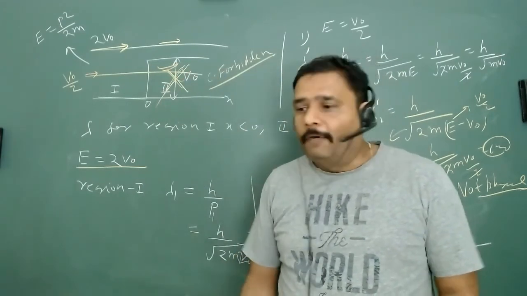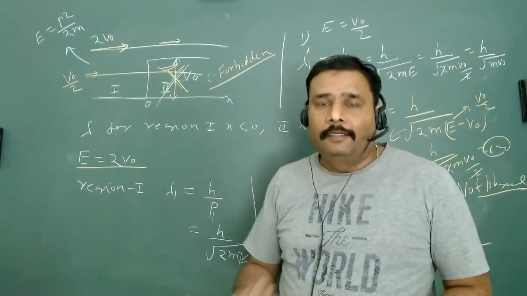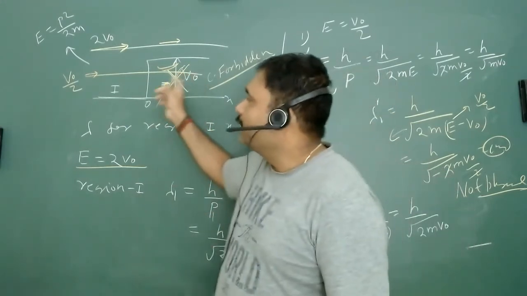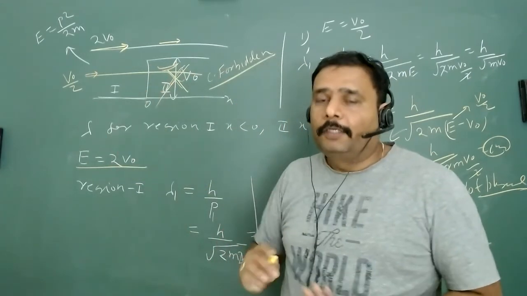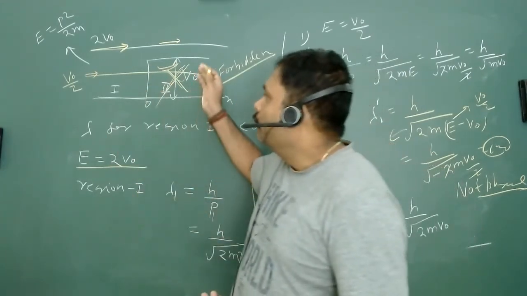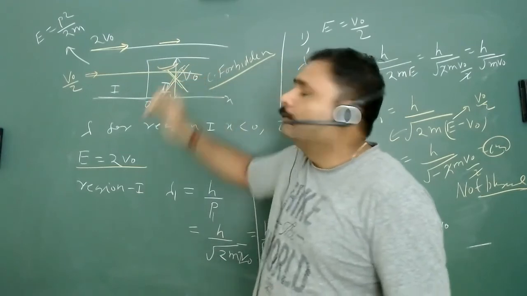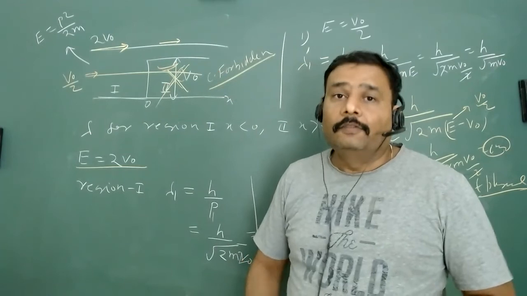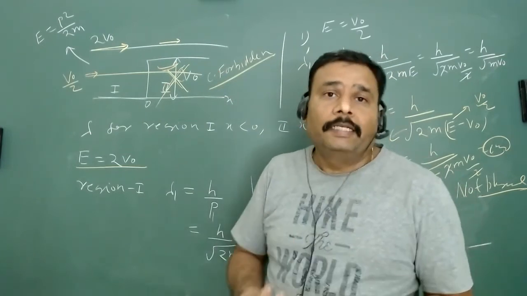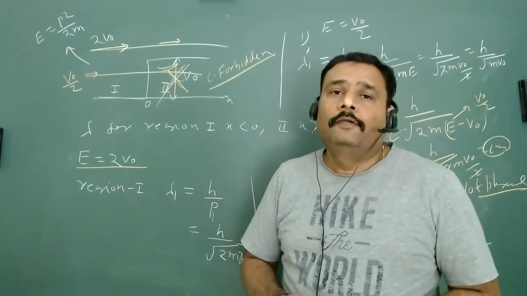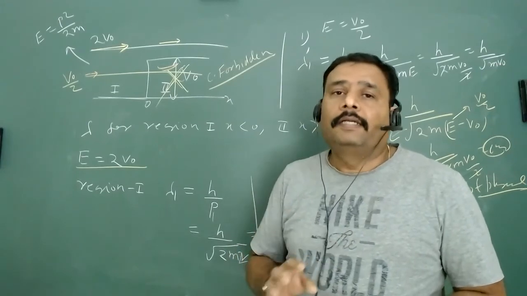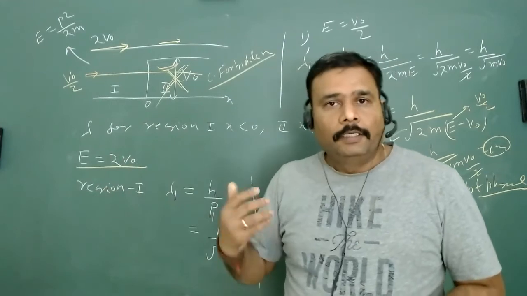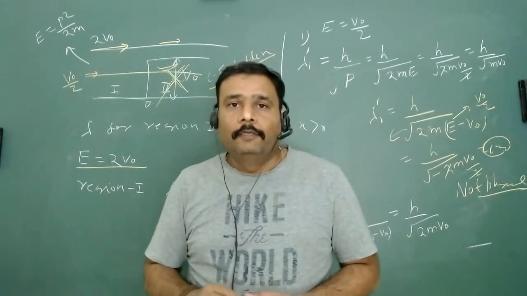How it is happening, why it is happening, nobody knows. This is a very exciting thing. But right now, from this particular analysis, we cannot find the de Broglie wavelength in this region. Physically, the de Broglie wavelength is present only in those regions where the particle is classically moving and classically has some momentum. Then only can you find the de Broglie wavelength.